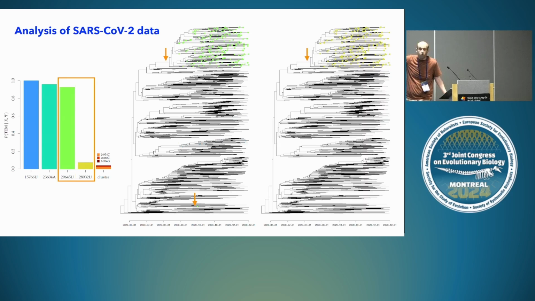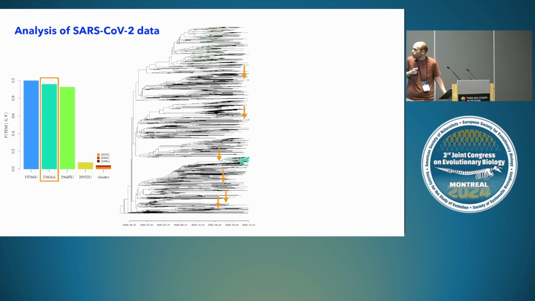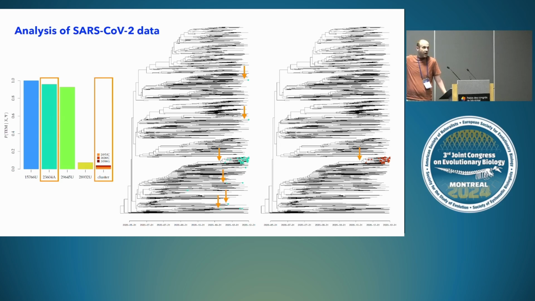Interestingly, there's another one that has non-zero posterior probability that has a very similar pattern of samples. The one on the left actually arose twice. You see there's another arrow down there. So we think that's why the model is preferring this one on the left. A similar story here. This mutation actually arose 6 or 7 times, but there's one big clade that has that mutation down there. This other stack of TEMs are only present in that big clade down there in the right. So again, similar pattern, but the model is preferring the one that has multiple gains as being transmission enhancing.